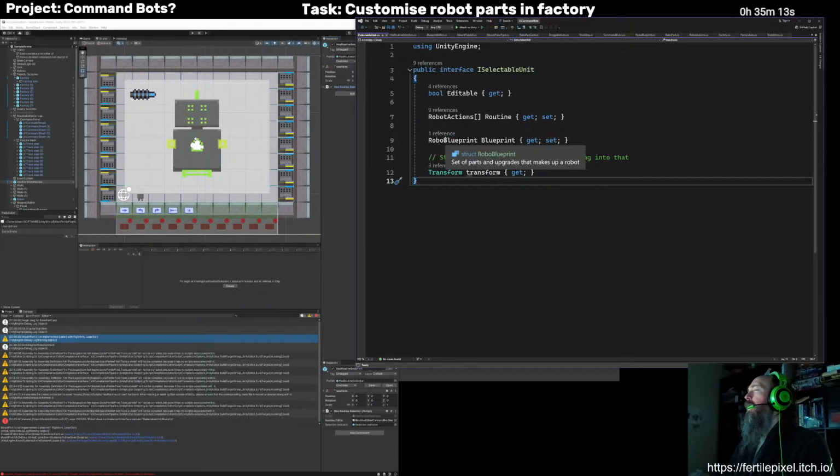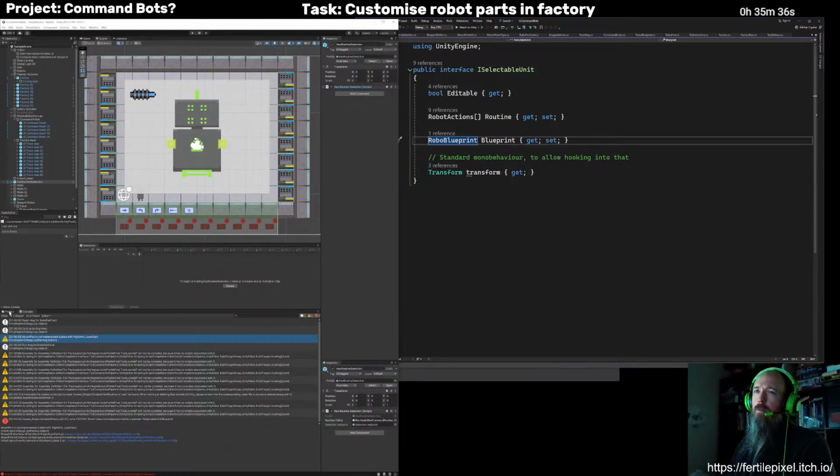Maybe can you make it optional? No, I'd have to make it. Can I put a virtual property with a default implementation? I don't know.